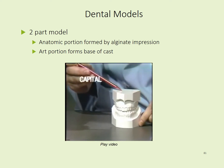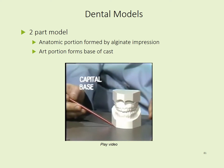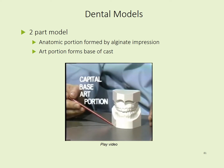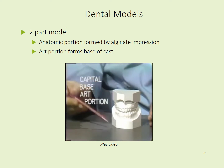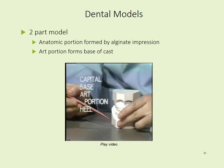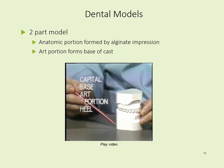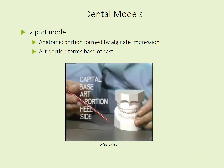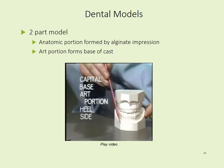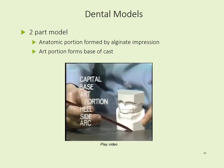The capital is the upper portion of the maxillary cast. The base is the lower portion, the part that's resting flat on the table. The art portion is the non-anatomical portion of both the upper and lower casts. The heel is the portion between the side and the back of each cast. The side area is the flattened area on the side of each cast, and the arc is the circular area